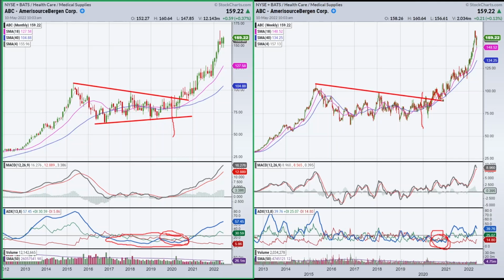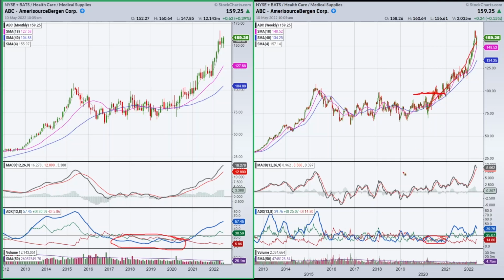Now, it actually took a little bit of time to really get going. If you notice, it kind of checked back, made a higher low, and then checked back again, made another higher low, and then finally broke out and has now started to accelerate. But the point I'm trying to make here is that even though ADX was low in both cases, and lagging when price was breaking out, it told me a lot because I'm zeroing in on this stock and saying, okay, if the price breaks out, I know what the ADX is telling me is important and that something big is in development, okay?